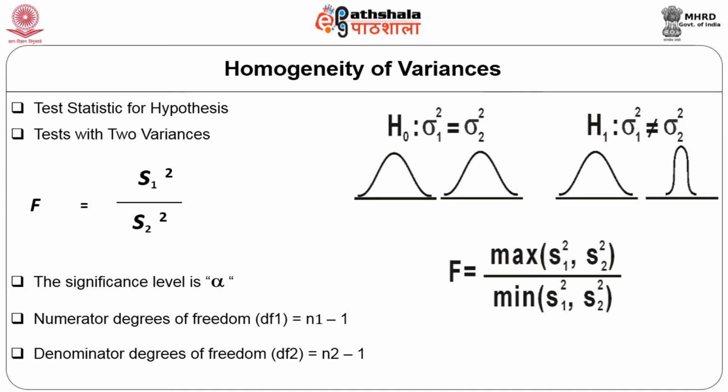So these can be tested by using the F statistic. The formula for the F statistic is: if we have two groups, experiment and control, calculate the variations of the two groups, take the maximum variation in the numerator and the minimum variation in the denominator, and calculate the test called the F test. If this F test is significant, that means the two variations are significantly different, then you cannot use the t-test. Instead, you either transform the data or you go for a non-parametric test.